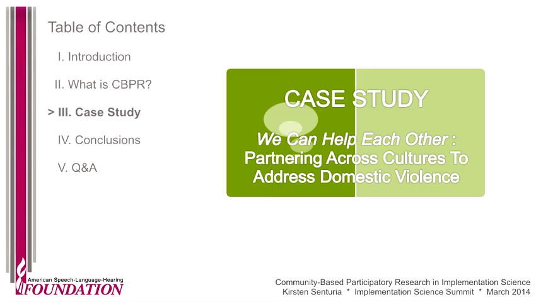So now I want to give you an example of a project where we applied the theory and principles to doing our research. This was a project a few years ago, and in this project we knew we were going to have to use CBPR to be successful because we were looking at domestic violence across culture, and it wasn't something that a team of researchers could just drop in and do. We had to partner to make it work. I'm going to give you a fair bit of detail on this because I want you to see the kind of choices we made and the real specific examples, and then the subsequent effects of those choices.